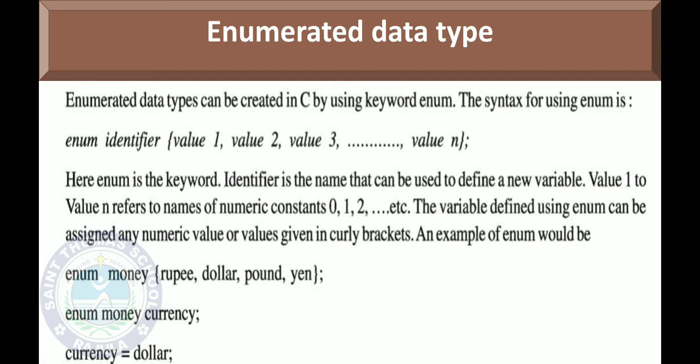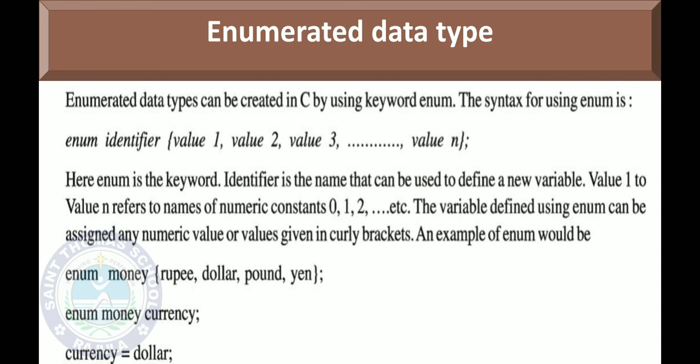Now these rupee, dollar, pound and yen are the value 1, value 2, value 3 of our identifier money. Now we are using enum and the variable name, that is money, and then currency.